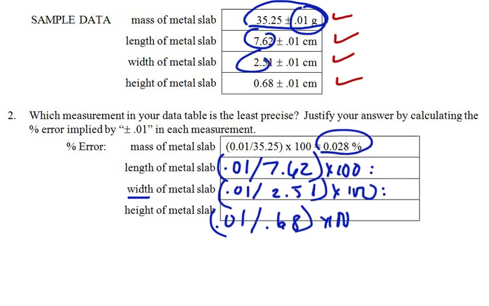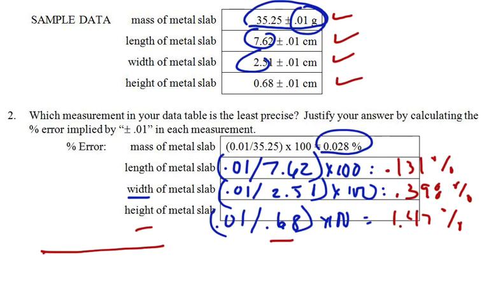Now I'm going to take a second and calculate these values. When we go back and calculate these values, we find that the first value, the 7.62, comes out to be about 0.131%. The second value, out of the 2.51, is 0.398%. And the one out of the height, the 0.68, is 1.47%. Now what that's telling us is, here we have a slab,